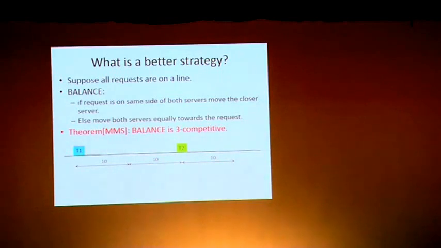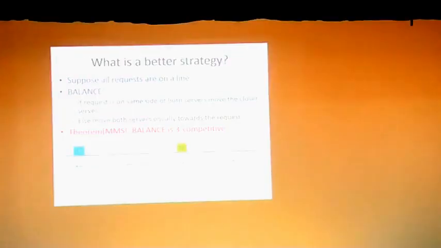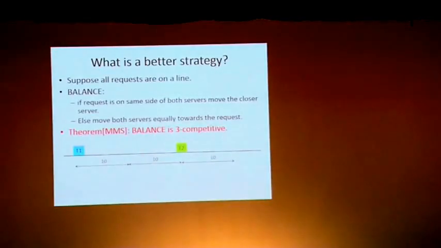Now you're going to say, well, this sounds stupid. If I'm moving both the teams towards the request, I seem to be doing only more work than I would have done if I had just moved one team towards the request. Yes, I seem to be doing unnecessary work. So maybe the request is 5 units away from one team and 15 units away from the other team. I will move both the teams 5 units towards the request. And yet I'm saying this is a good algorithm.